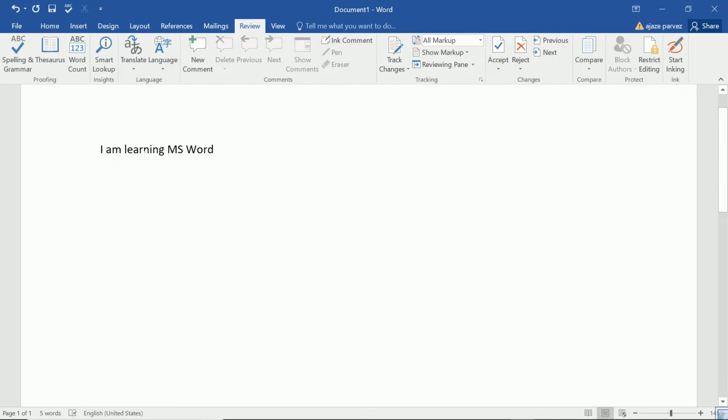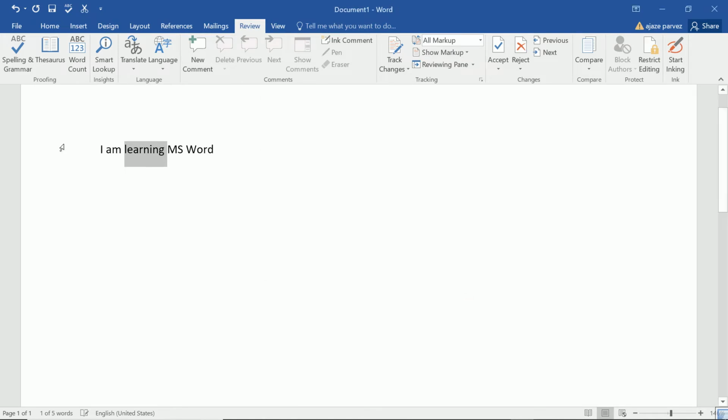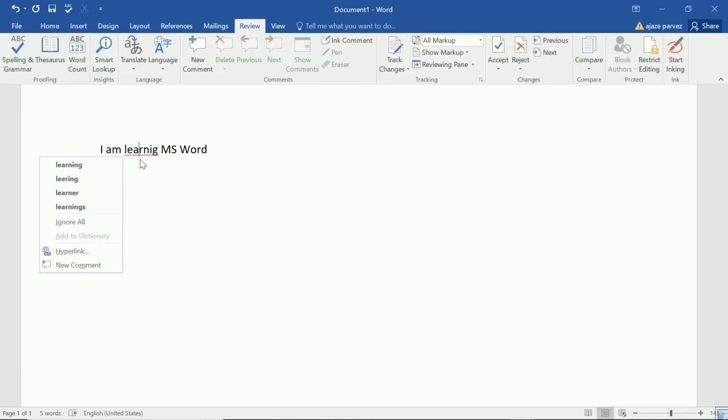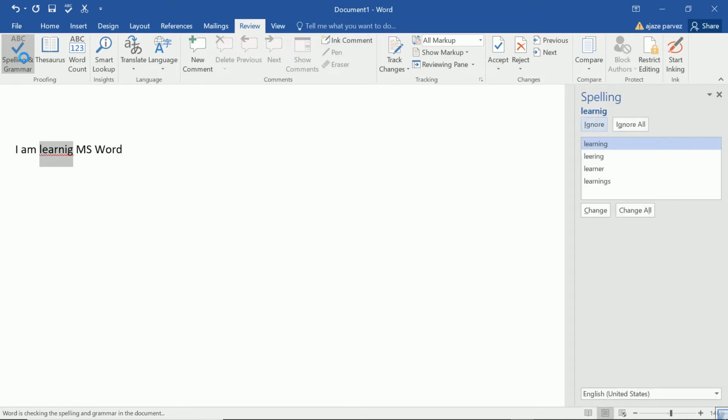Now I check this, and I say Spelling and Grammar. Now we are finished checking your selection, so there is no problem in this one. Now let me change this one. Now there is a red wavy line below "layering", so there is a mistake. I can right click and correct it, or I can say Spelling and Grammar. Now when I press this,